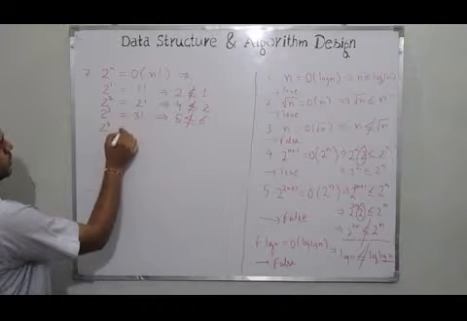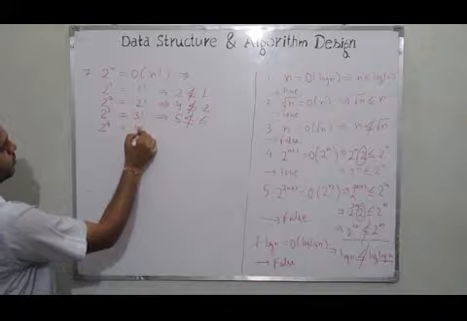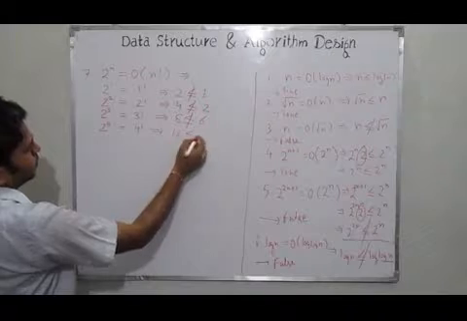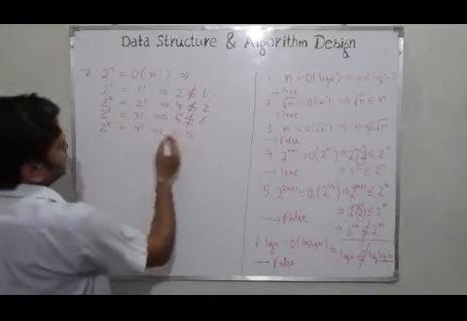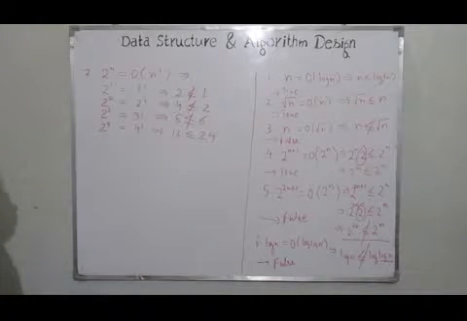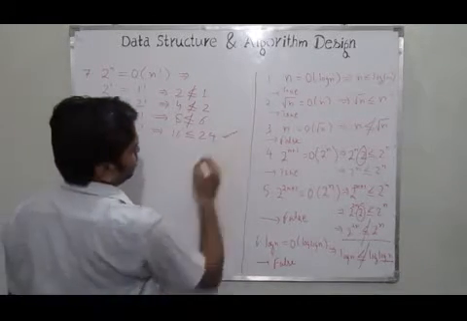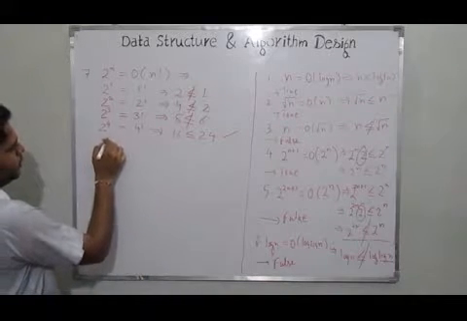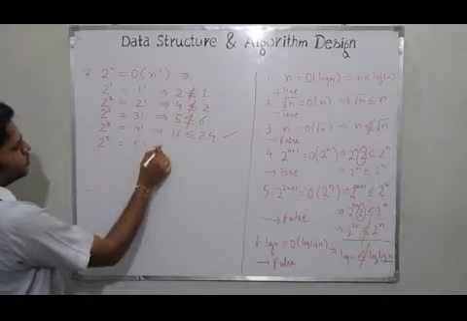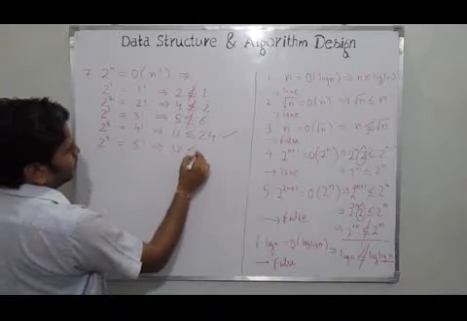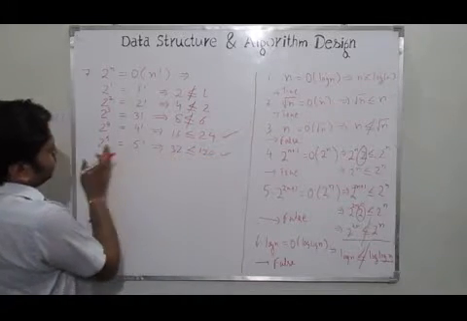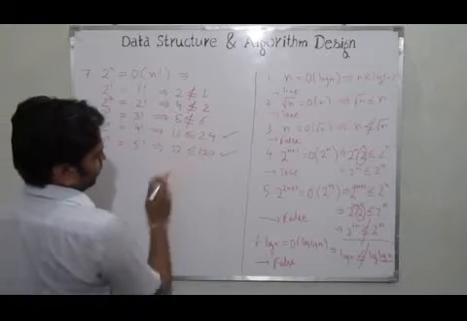But if I take the value as this, then we obtain the result as 24, and we know it is completely justifiable. If we keep increasing the value of n, we can simply observe that there is a much bigger difference between 2 raised to power n and n factorial, and so on.